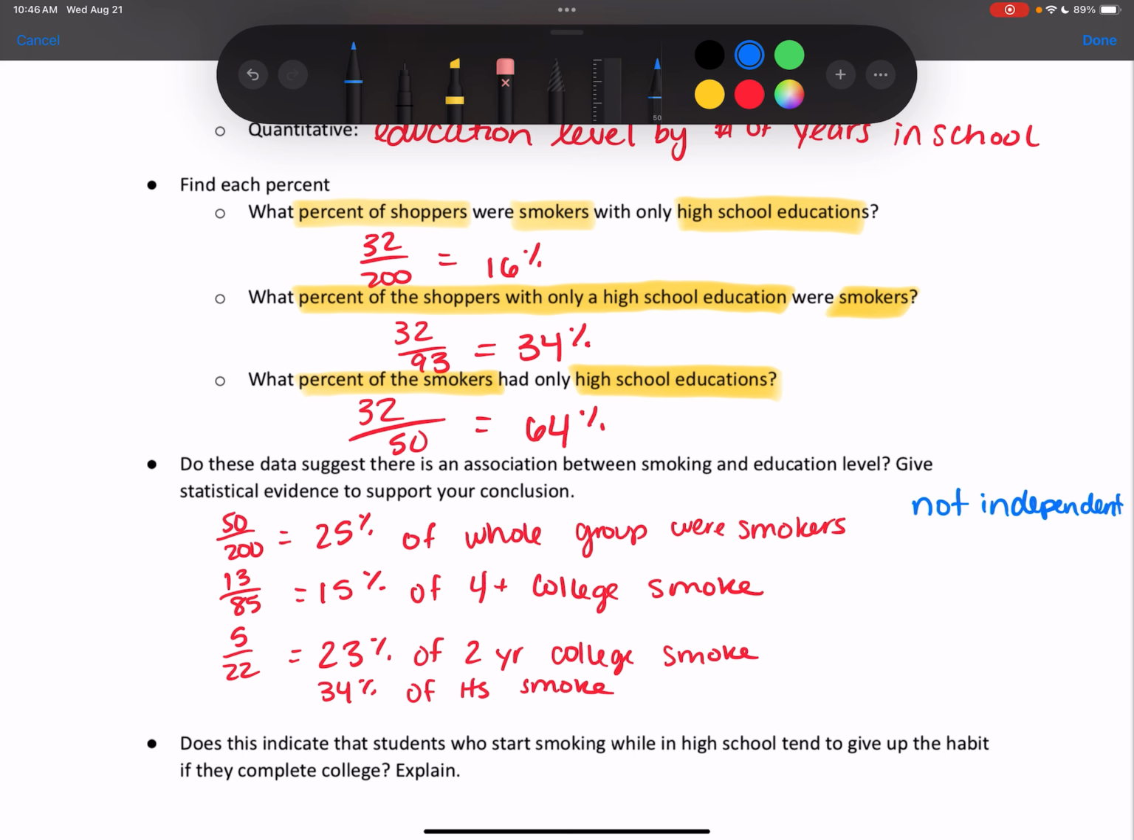But is there an association, a conclusion we can draw from what we just found? As you increase in education, the amount of smokers goes down. Yeah. You could say something like people with a high school diploma are more likely to smoke than those with a four-year college education, or any way that you would want to say that. So there is an association